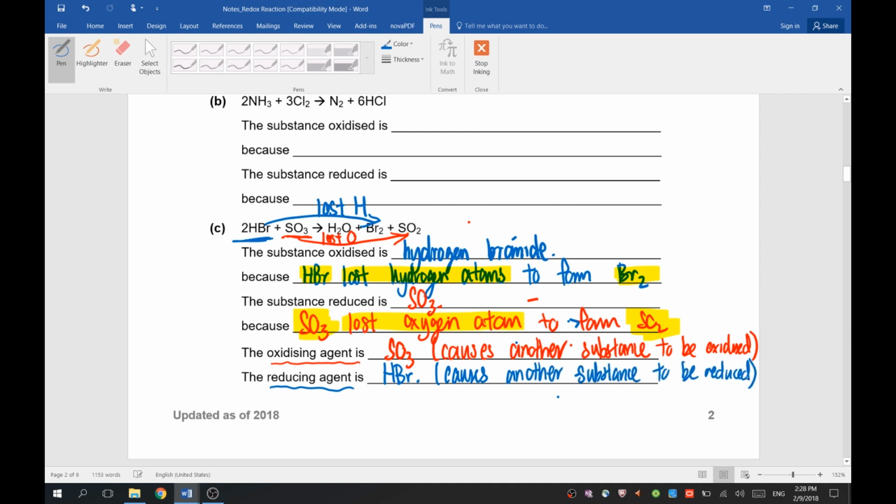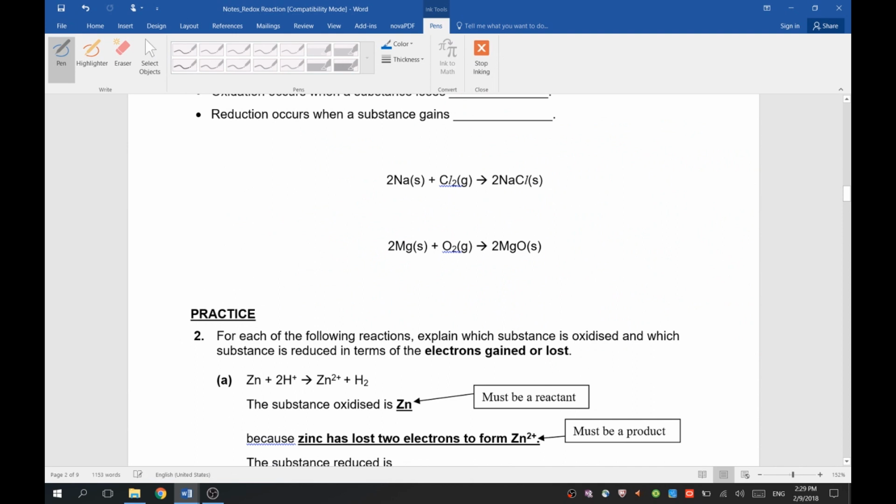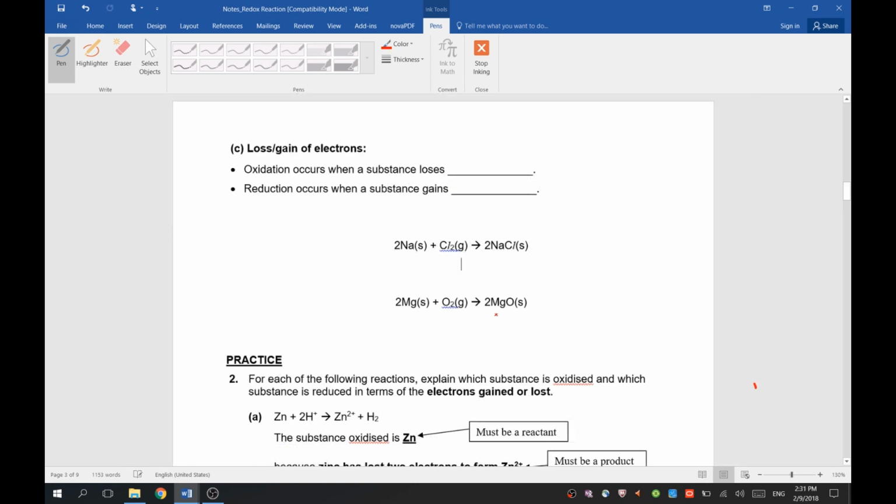Okay, so far? Okay, now let's take a look at the other examples that I told you to go back and try out. This was the part that I ended off quite quickly. I actually needed you to go back and practice in terms of whether it lost or gained electrons. But I did tell you that for this part, you do need to know a bit about how your ions work. So for instance, if you look at this MgO,